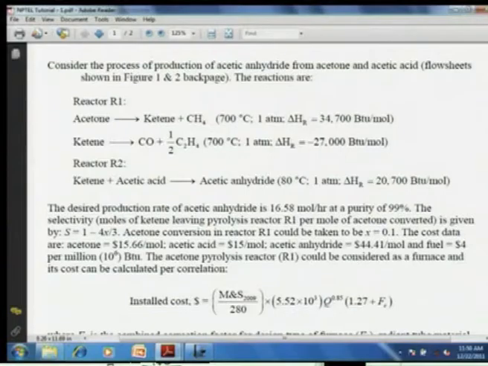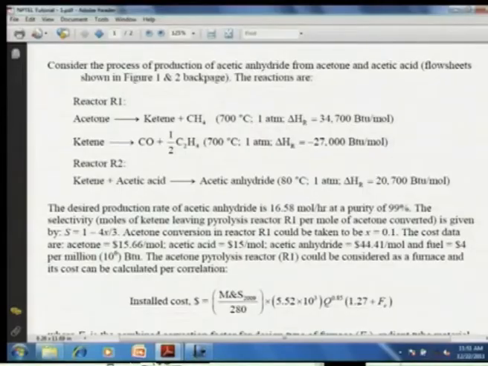I have already given this example in one of the previous lectures of this module, when we dealt with the number of reactor systems. What you see on the screen now is the problem statement. Consider a process of production of acetic anhydride from acetone and acetic acid. The basic reactions are: in the first reactor, acetone decomposes to a species called ketene and methane at a temperature